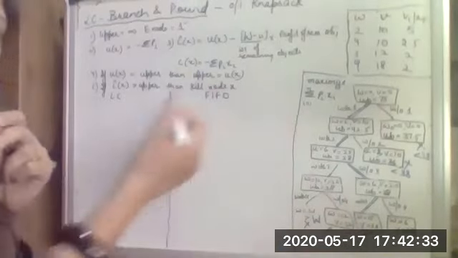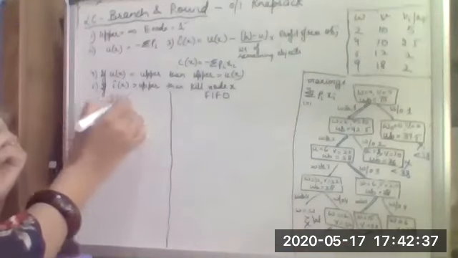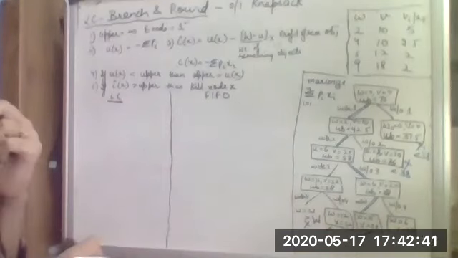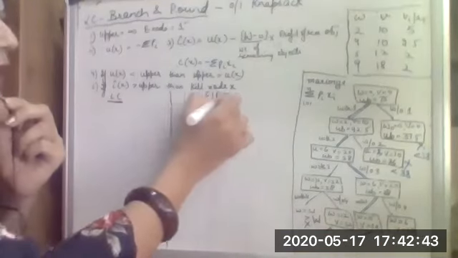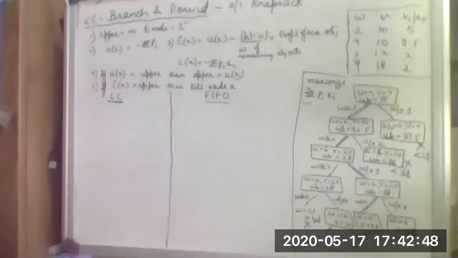Now in this session, we are actually going to talk about two approaches. One is called the LC 01 knapsack problem for branch and bound, and another one is the FIFO branch and bound solution for the 01 knapsack. So first let us start with the LC. LC stands for the least cost.